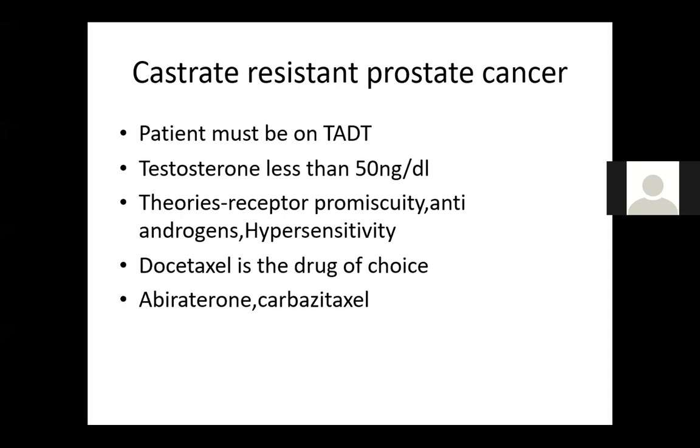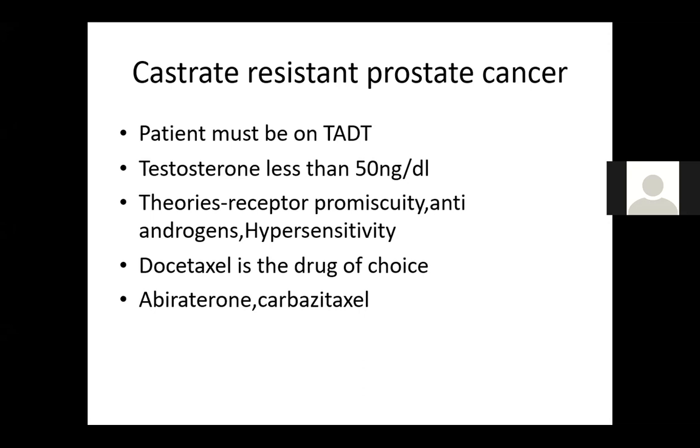Because total androgen deprivation therapy achieves testosterone levels less than 50 nanograms per deciliter. So for you to talk about this castrate-resistant prostate cancer, the testosterone should be less than 50